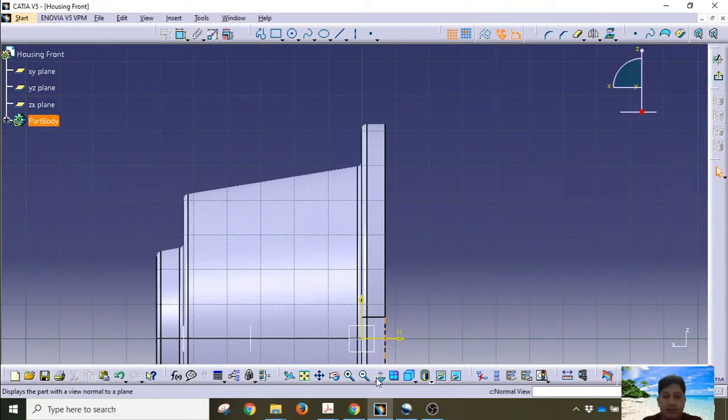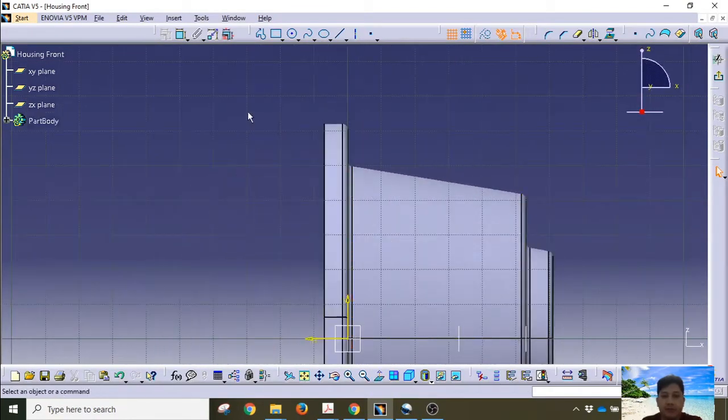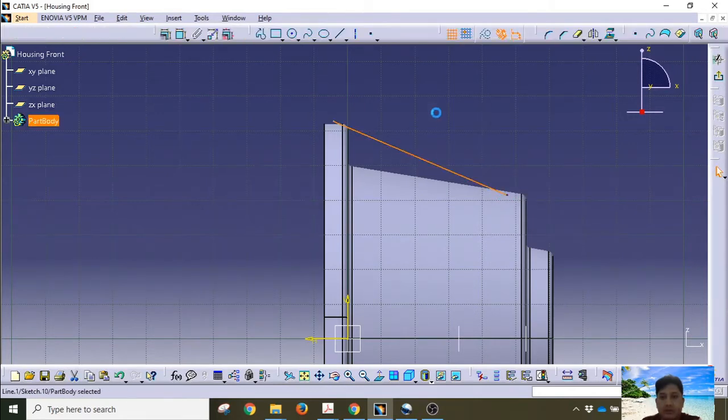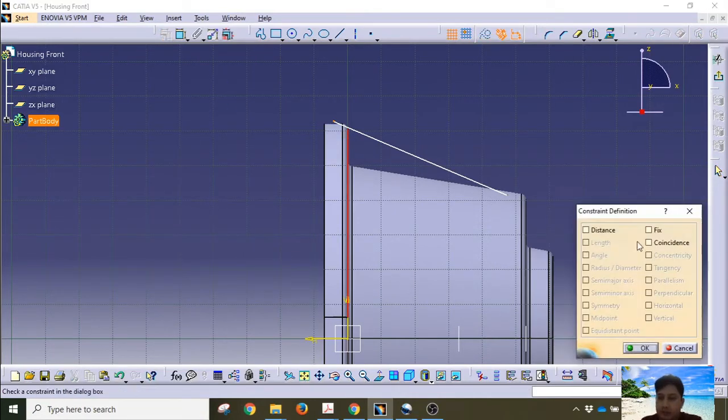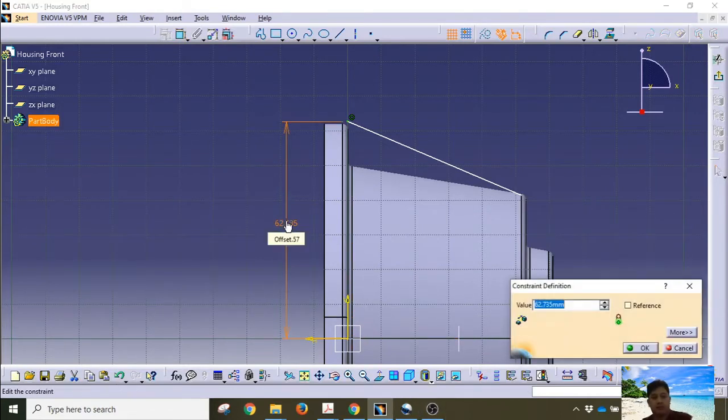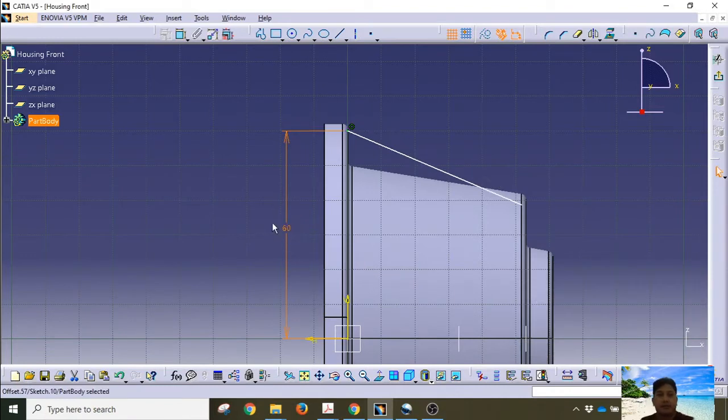The Z axis, I change the view by clicking on the normal view arrow, and now we create a line just passing through these two surfaces, and this surface with this line should be coincidence, and this point with this line should have a dimension. So this is 60 millimeter in distance,